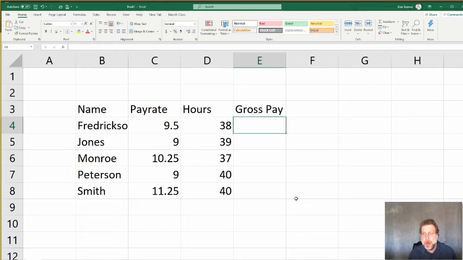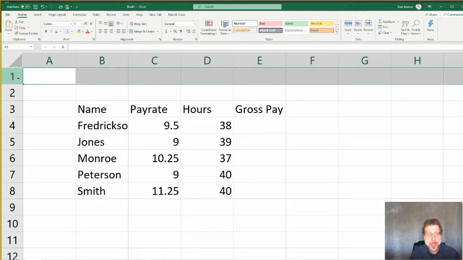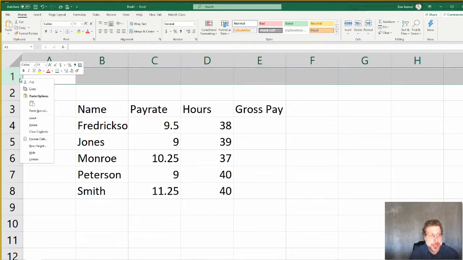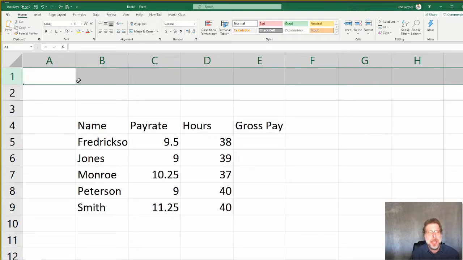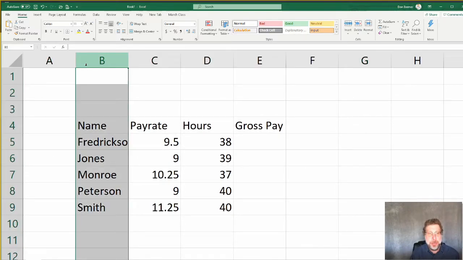Now I can tell some of you are like, hey, cool, I want a raise too. So how do I get away from A1? Well, if I select row 1 and then right click, giving me a context sensitive menu, I can see down here it says insert, which will insert a new row above the one that I've selected. Likewise, if I'm here at B and I want to insert a new column, I can do that at A too, but